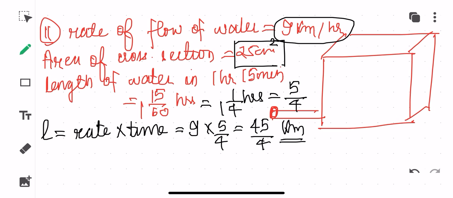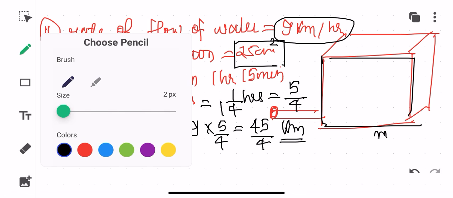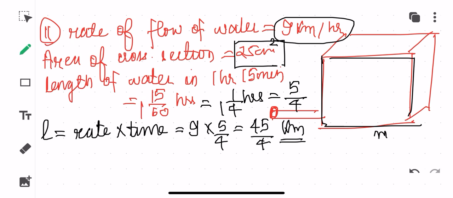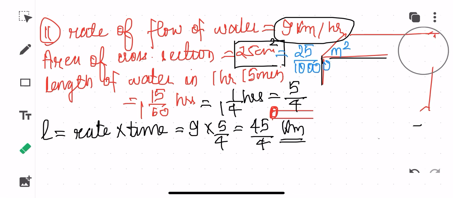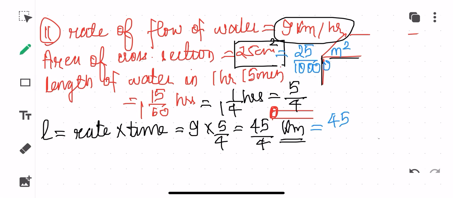That is, since the units of this particular rectangular box has been given in meters, we'll be trying converting everything in meters. So we'll start from 25. So 25 centimeter square can be written as what, children? It can be written as 25 upon 10,000 meter square. You know this already. Because for 1 centimeter it is 1 upon 100, for centimeter square it will be 1 upon 100 into 1 upon 100. And here I'll just erase this part because I don't think I need this. 45 upon 4 kilometer I'll try to bring in meters. So this is 45 upon 4 into 1000 meters.